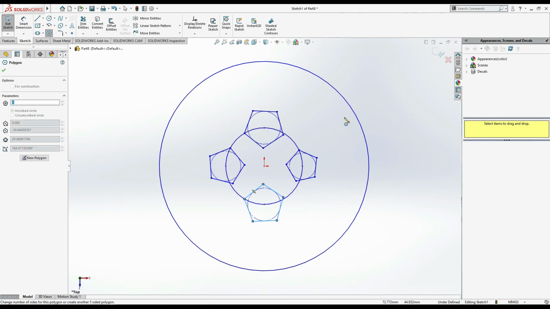Okay, these 4. Now one more thing, I'm going to draw